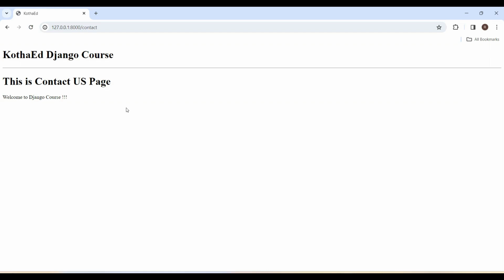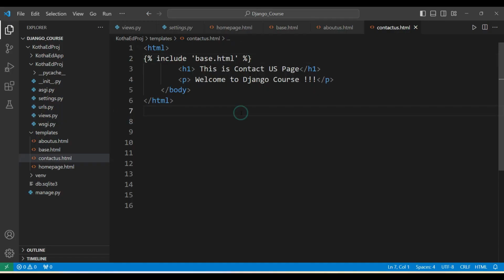So now we have created the templates and made use of the template inheritance concept as well. As I said earlier, this template inheritance will be used to maintain the consistency of headers, footers and navigation paths throughout the web application. In this video we have learned how to create the templates and how we use the views to render those